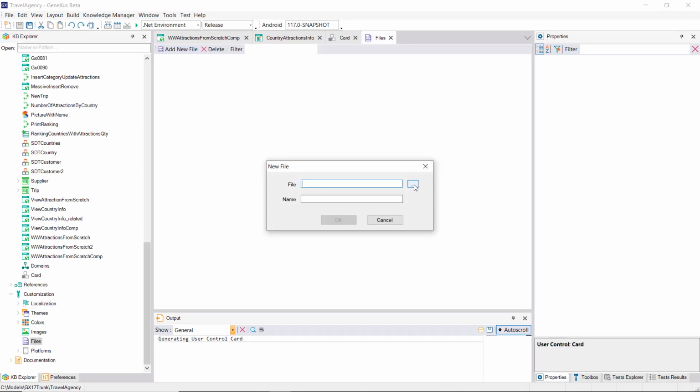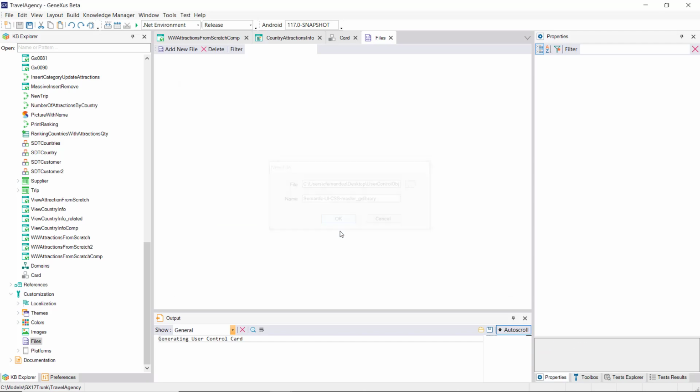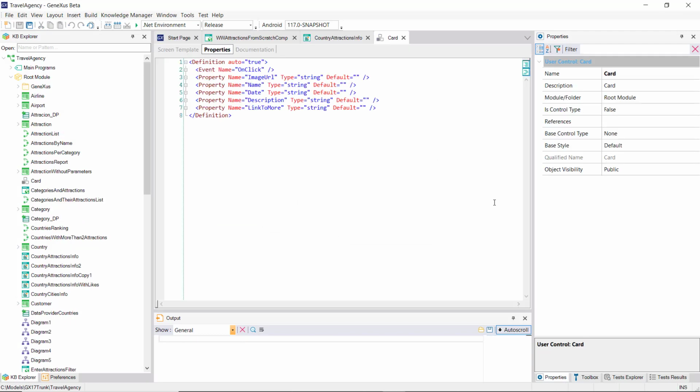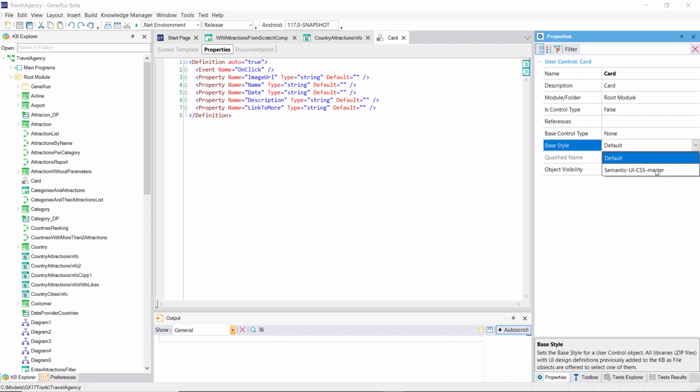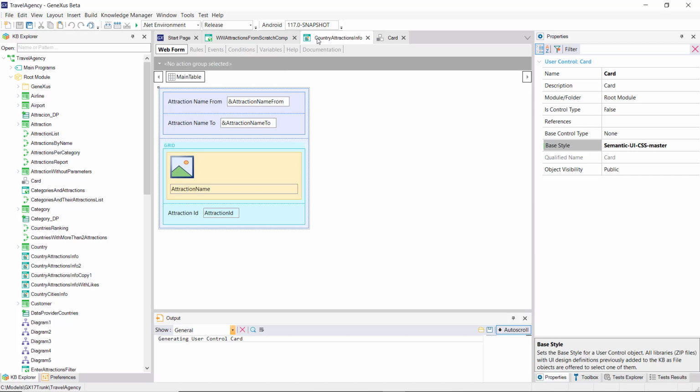Now we're going to insert this CSS as a file. Lastly, we're going to have the card user control take its base style from there. Well, it's as simple as that. We already have the user control to be used in our KB.